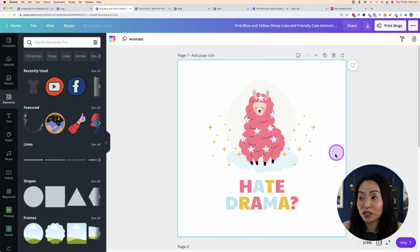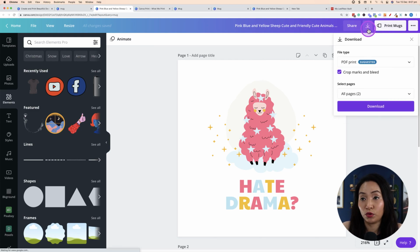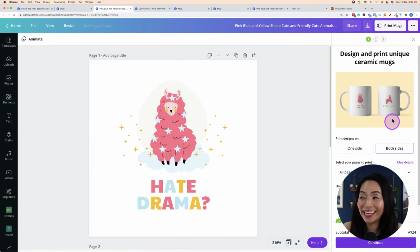So that said, once you are ready to print, you would simply go to the top here, and if it's not already activated, like here, because we've chosen mugs, it will tell you to print mugs. Otherwise, you can choose in the drop down what you actually want to print. So we're going to go to print mugs, and then you'll see here that they've got this nice little preview